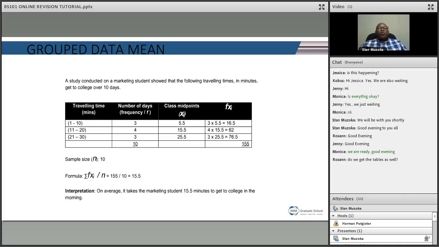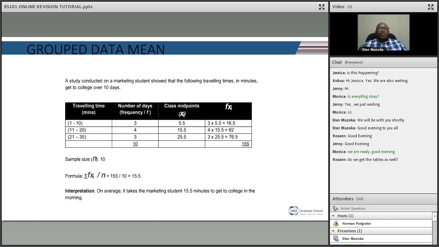Then, what is the best way of estimating them? If there are 3 observations between 1 and 10, I don't know whether they are all 1 or all 10 or all 8 or 6, 9, and 10. You don't know. So if you get the average for that class,